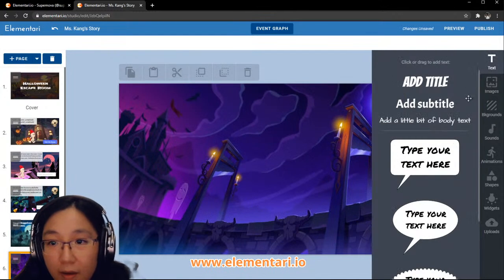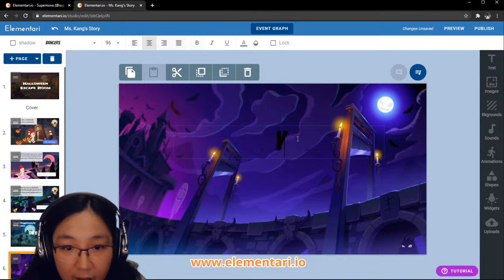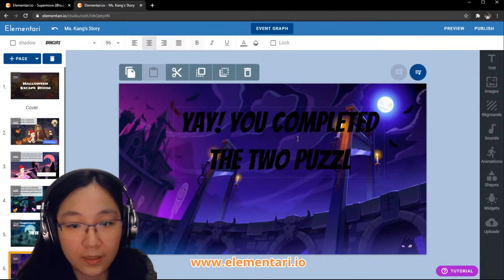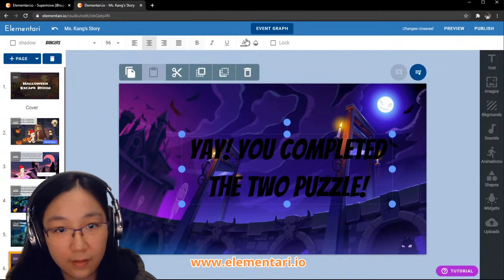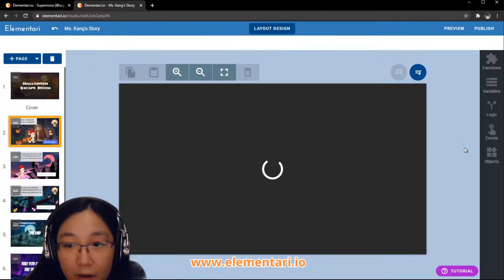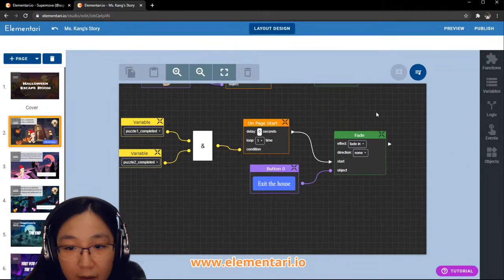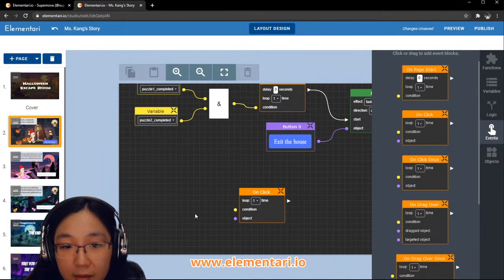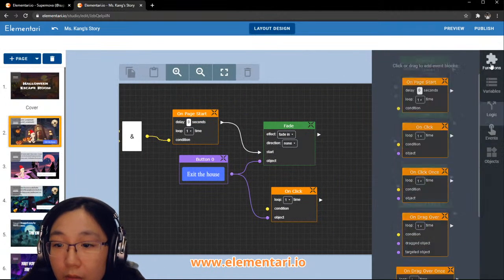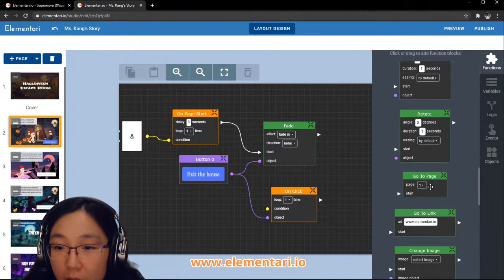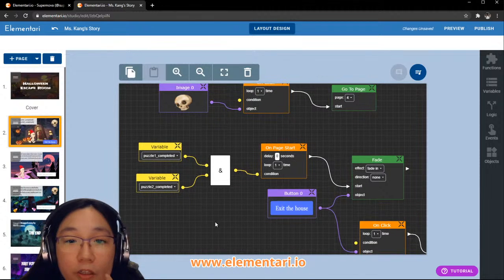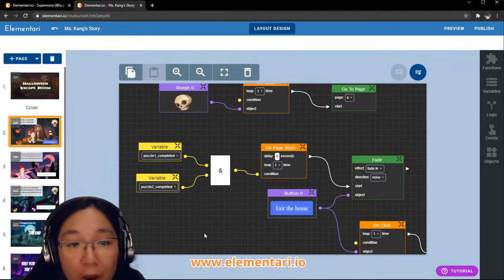which would be, yay, you completed the 2 puzzles. So then exit the house is perfectly there, and then I can say when I click on it, I go to my win page. So go to page six. Okay, so the only real difference is we added stuff before the on page start, and you can do